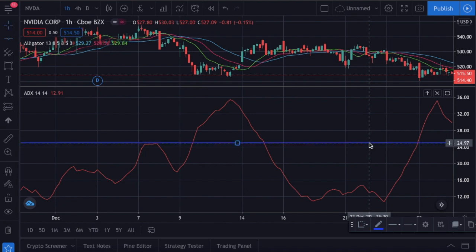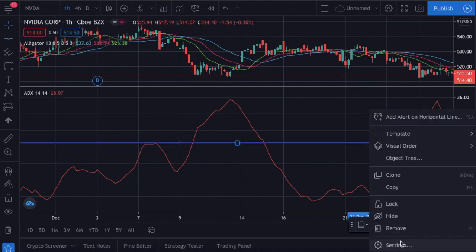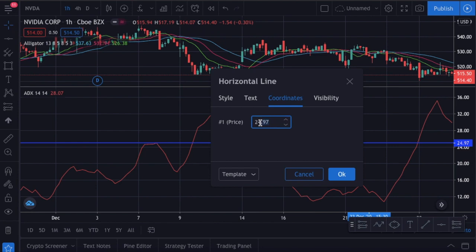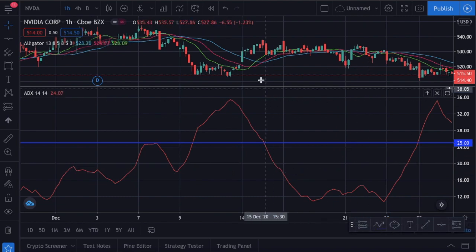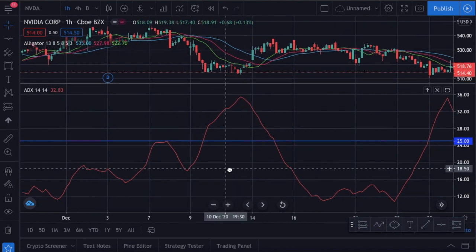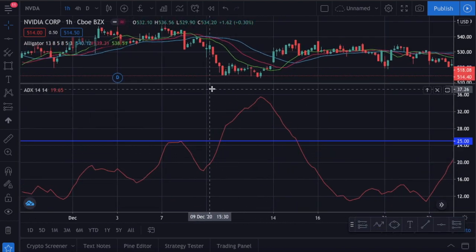The ADX indicator shows us the strength of the trend. The higher the ADX value, the stronger the trend. If the ADX value is low, it means that the market is consolidating. So, the ADX indicator shows if the stock, commodity, or currency is trending or not.